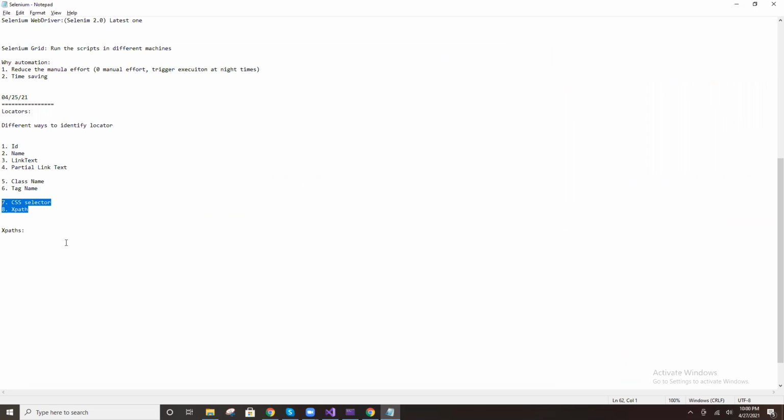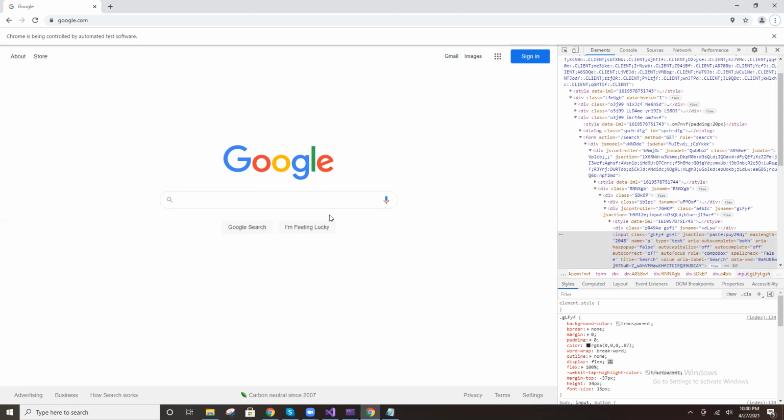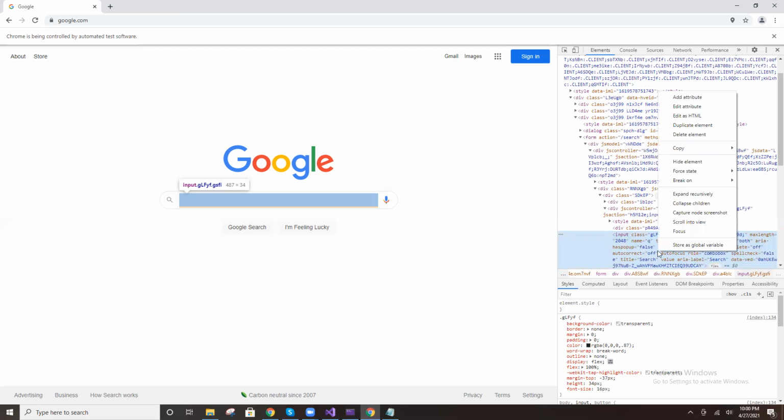We can identify that type of element now using XPath or CSS selector. First, we'll discuss XPath. This is the locator, right?